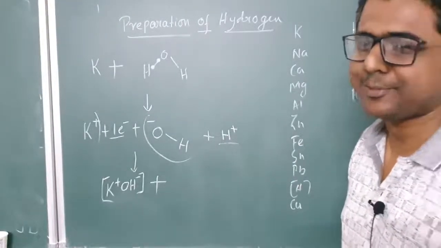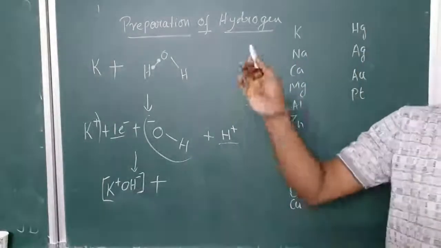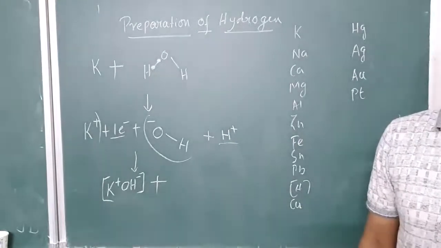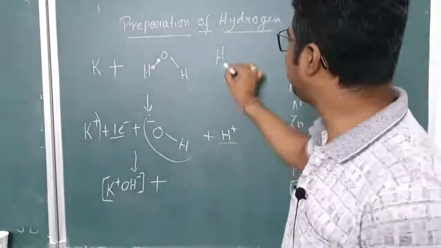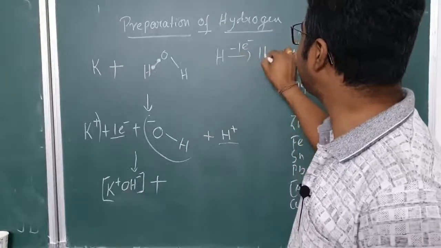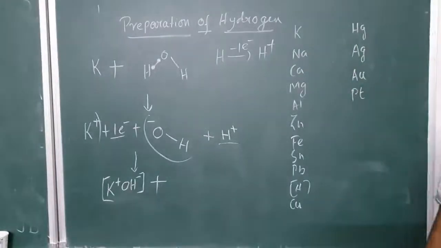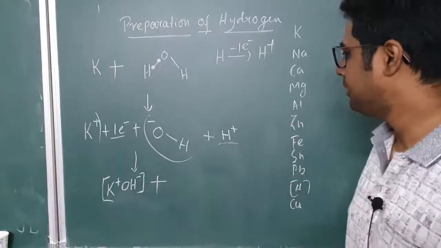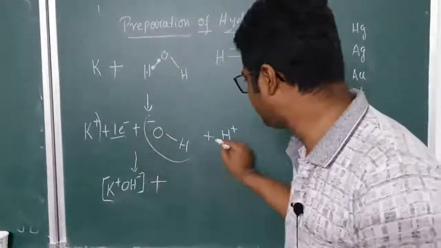How many electrons are there in H plus? Hydrogen had one electron, and it has already given away one electron. So H plus, how many electrons? Zero. Very good. H had one electron, it has donated that electron and became H plus. H plus has zero electrons, only a proton, zero neutrons, zero electrons, okay? But H plus would like to take one electron. Then H plus takes this electron and becomes H.